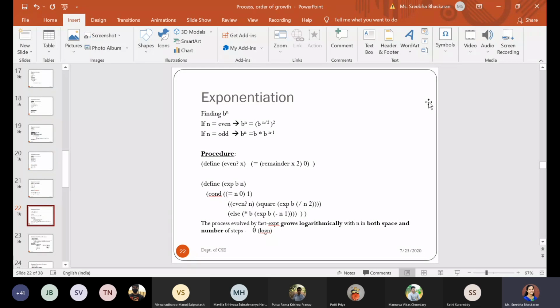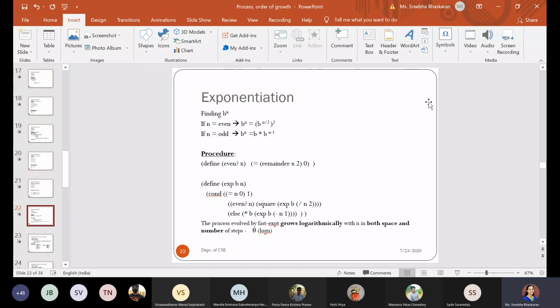We have seen in the exponential example itself, that is b to the power of n, we can define it in three different ways. When defining it in three different ways, we could achieve different complexity, that is, the order of growth in terms of time as well as space.